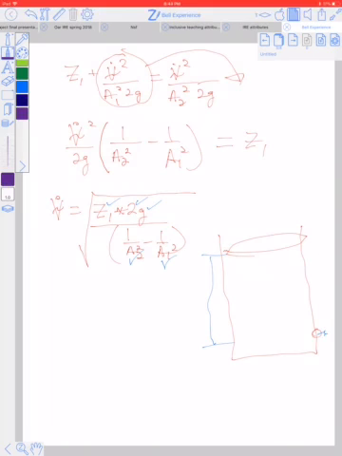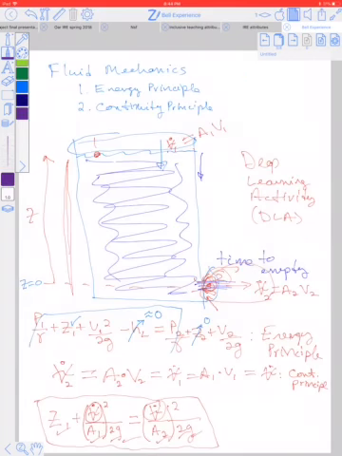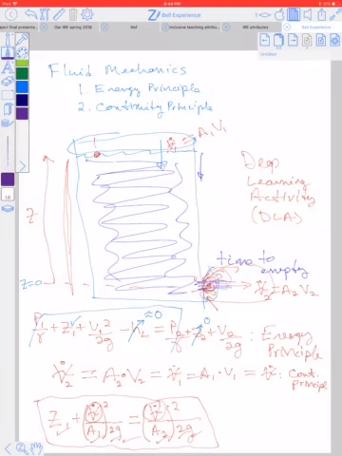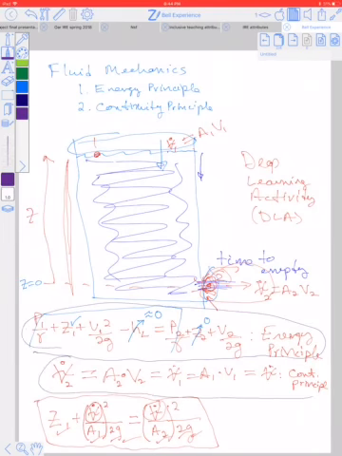So the whole purpose of this conversation here was to tell you that we've got this thing called the energy principle. We've got this thing called the continuity principle. We can combine them together to predict